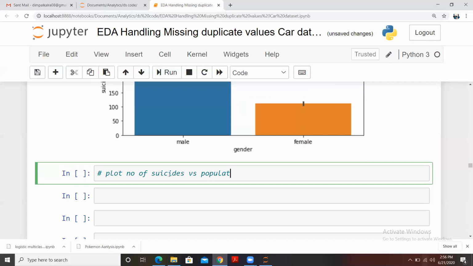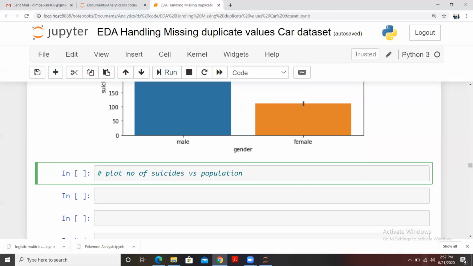Based on the population, I want to check the number of suicides. There might be a reason: if a country has a huge population, is the suicide rate maximum in that situation, or is it creating any impact on suicides when we have a higher or lower population?